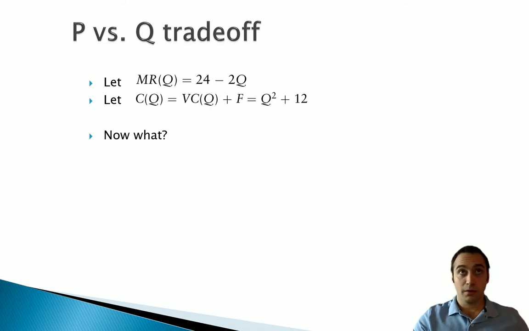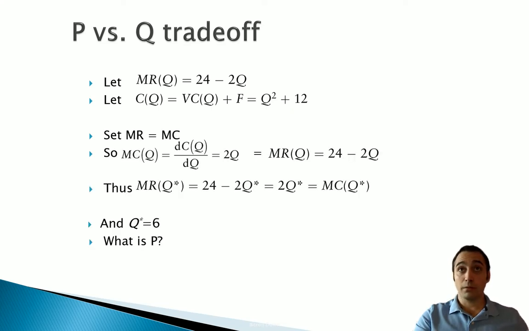So let our cost be given by Q squared plus 12. If that's the case, what is our maximum possible profit for the firm? Well, find marginal cost, set that equal to marginal revenue. If our cost is Q squared plus 12, it must mean our marginal cost is 2Q. If we set 2Q equal to 24 minus 2Q, we're going to find that 24 equals 4Q, and Q equals